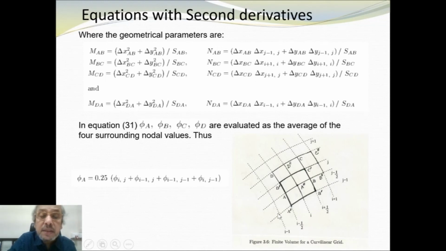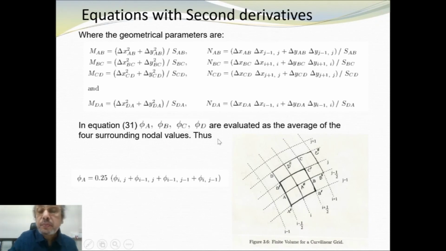So this is the i minus 1 j minus 1 point, this is the i j minus 1 point, this is the ij point, this is the i minus 1 j point. We have written all these points, and the mean value of that divided by 4 is the value of phi A. So that is how phi A, phi B, phi C and phi D have to be